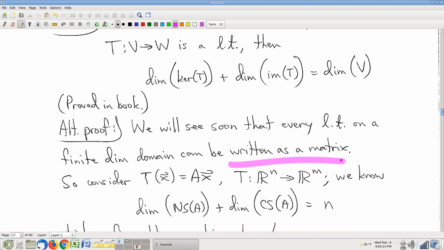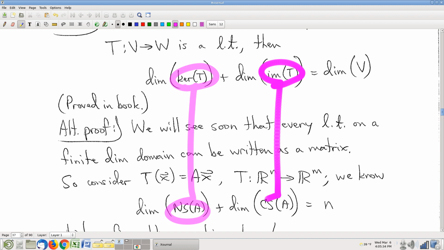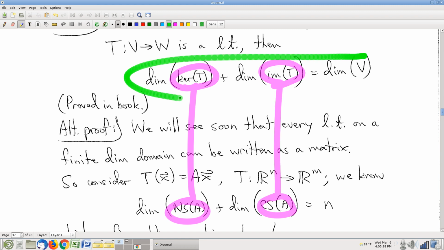If we can view our transformation as a matrix, then I know what the kernel is. The kernel is the null space. We already talked about that. And by the way, if I'm talking about a matrix transformation, the image is the column space. So if I want to prove something about the dimension of the kernel plus the dimension of the image, really I am just